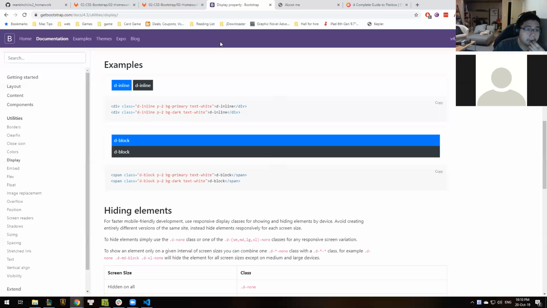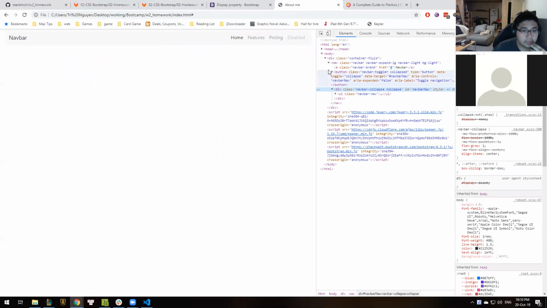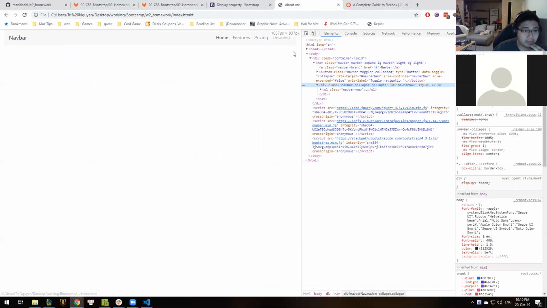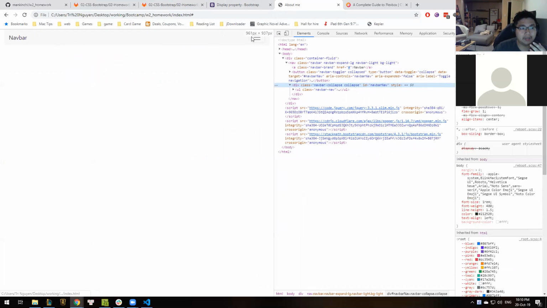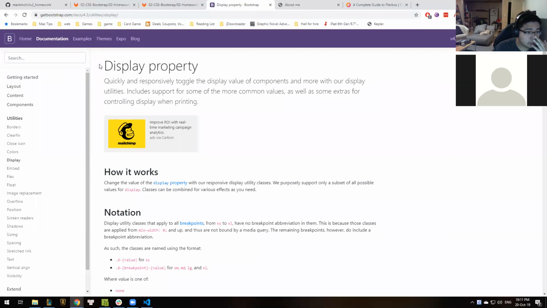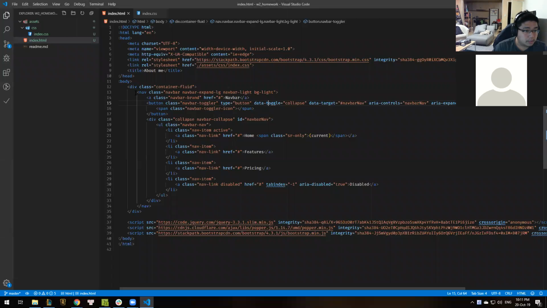All right. So in summary, what I'm trying to do is this. I think this is about large. So if it's large, then do this. If it's smaller than large, completely hide this navbar and display something else. So let's try and see how that works, right? So we have something called the display property. This is a utility class. What you can do is this, right? So we have a navbar right here. We can say